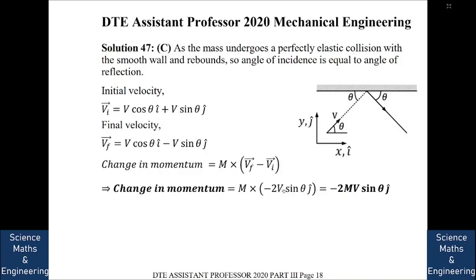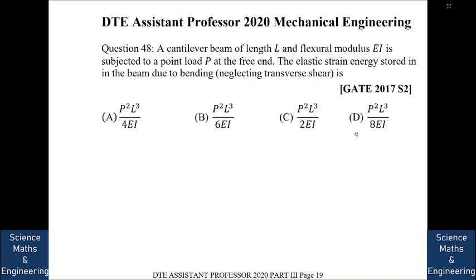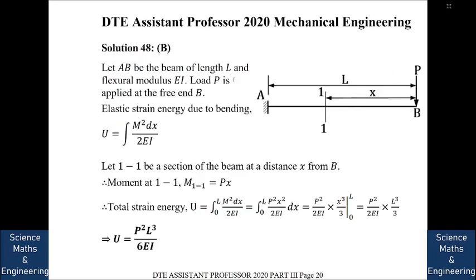So we have minus 2V sin theta j, which is equal to minus 2mV sin theta j. So next question. A cantilever beam of length L and flexural modulus EI is subjected to a point load P at the free end. The elastic strain energy stored in the beam due to bending is, so the answer is,